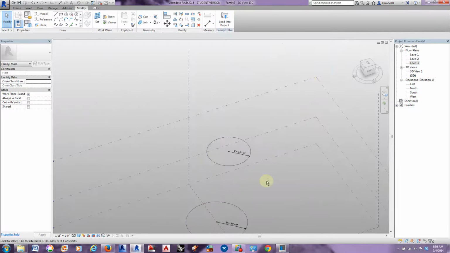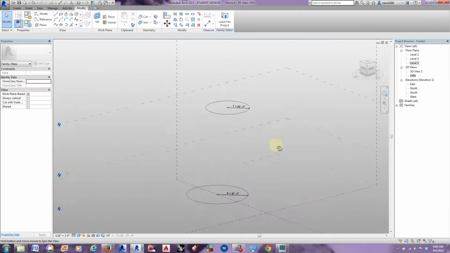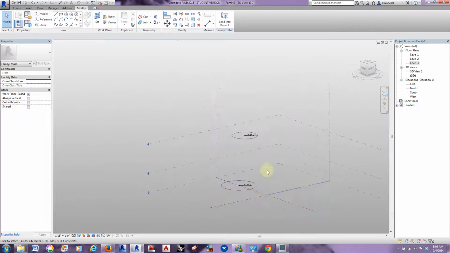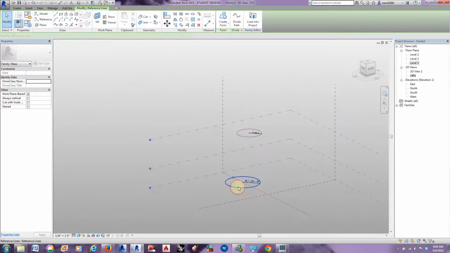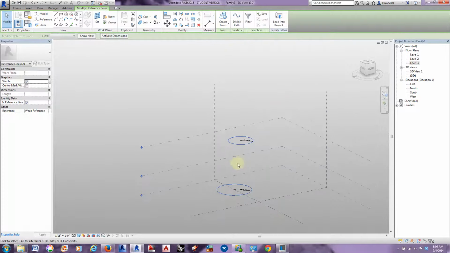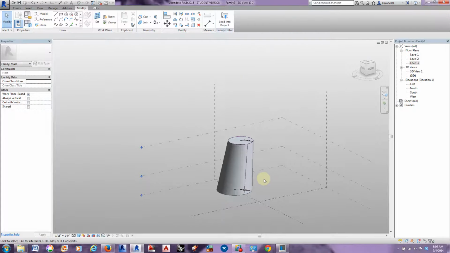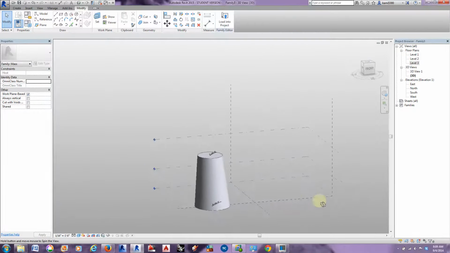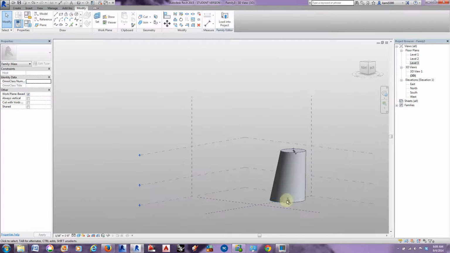So we can rotate back now to kind of more of an axonometric view and select both of those, and we're going to create a solid form out of them. You can see that shape is a little